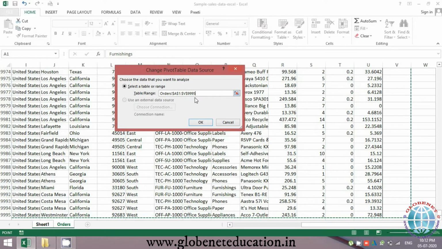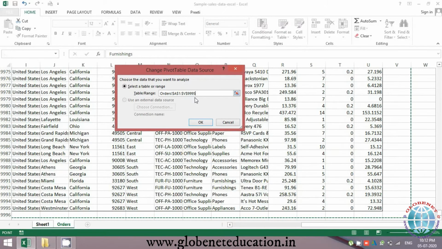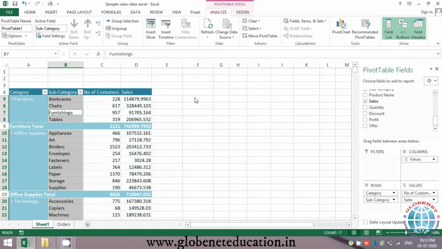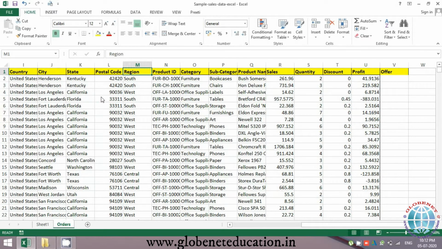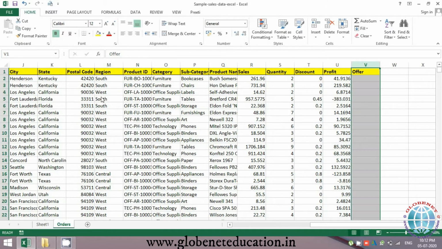Again, the rule that I had said in the first session, that you have to ensure that there are no blank rows or columns, remains the same even when you're changing your references. So just ensure there are no blank rows after this, and this is your last row, and then you do OK. So this is how your data will get updated, and if you see, that new column has come over here. At any point you would want to delete that column, you can just come here and delete it. Let me just delete it because there is no data in this.